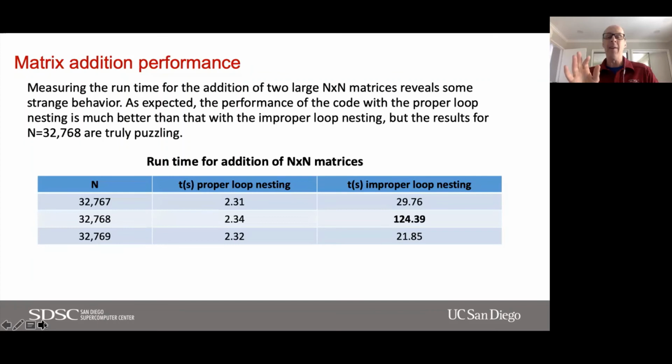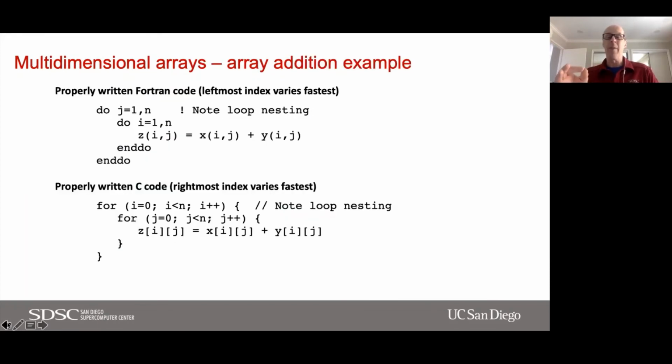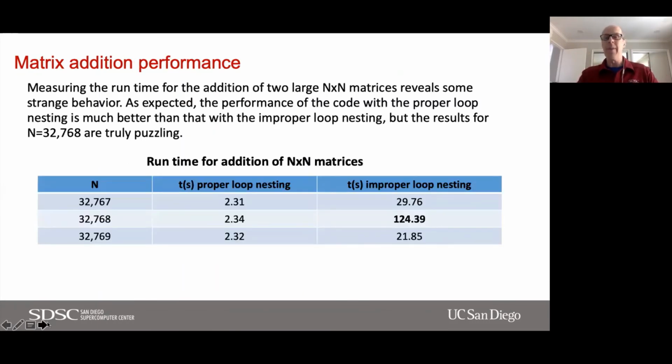And you're going to see in our example that we're going to get to right after the break, that having the correct ordering of the loop nesting when we work with these multi-dimensional arrays is going to have a really big impact on performance. So with that, I see we're at the top of the hour. Why don't we take a 5-minute break, and then we'll come back and we're going to look into using uProf to analyze cache behavior.